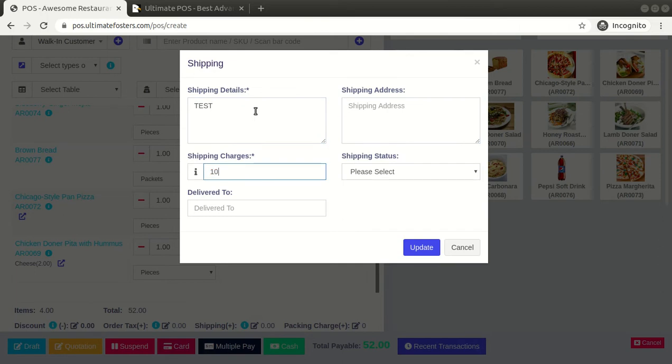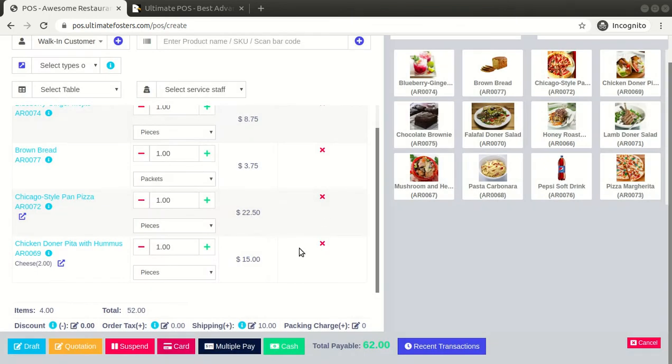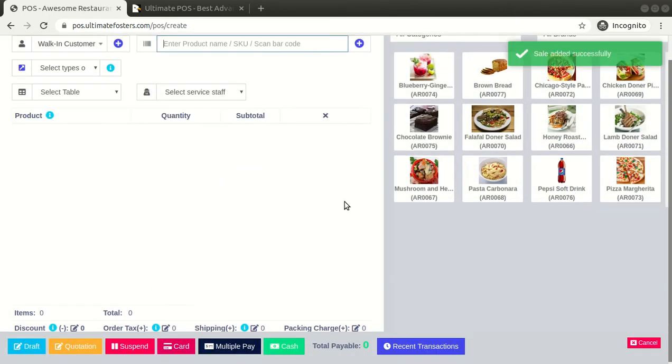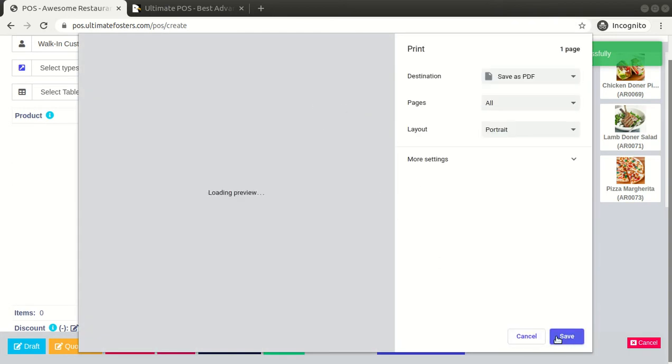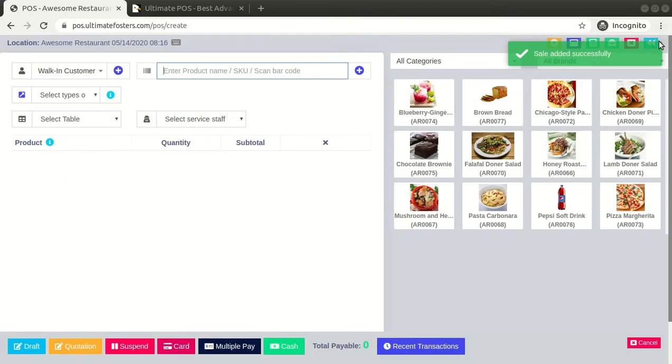I will enter the shipping charges if we have any shipping charge, and we have to select the shipping status. Selecting the shipping status is required over here. You can select the shipping status as ordered, packed, shipped, delivered, or cancelled. Let me select it as ordered over here. After I have selected the order, I will click on the payment button, and the payment is done. After the payment has been done,